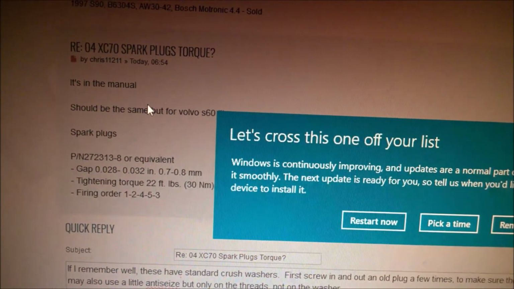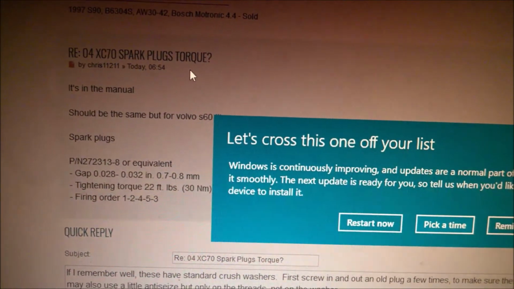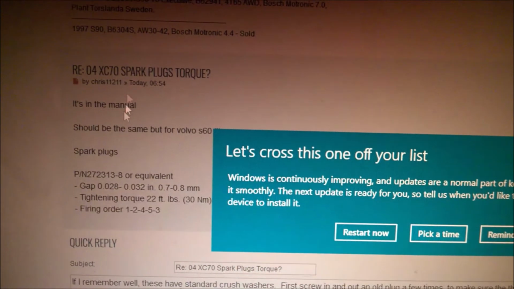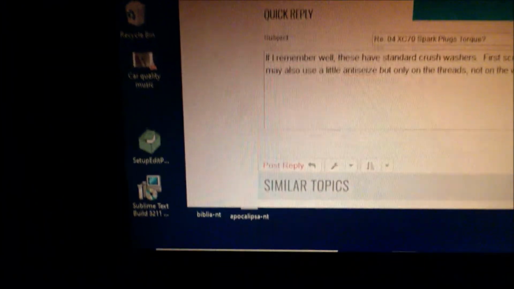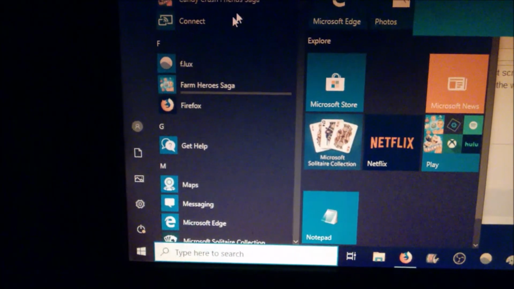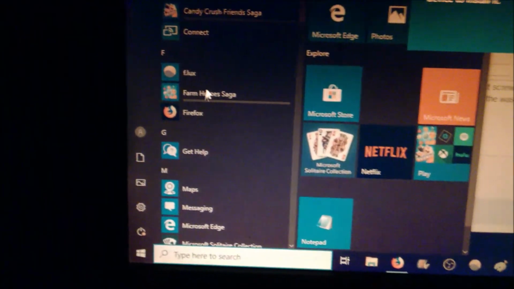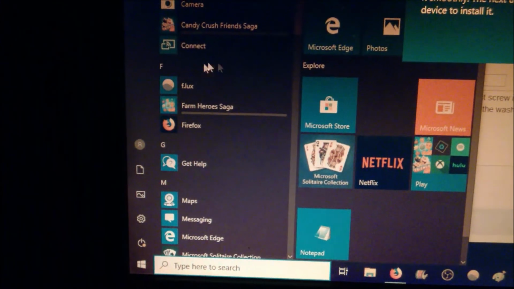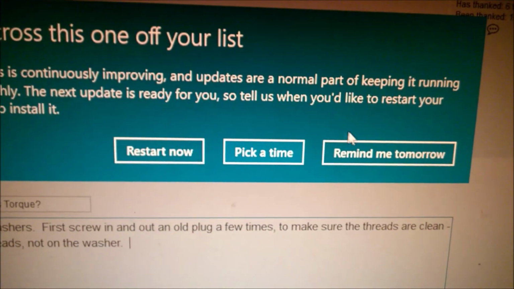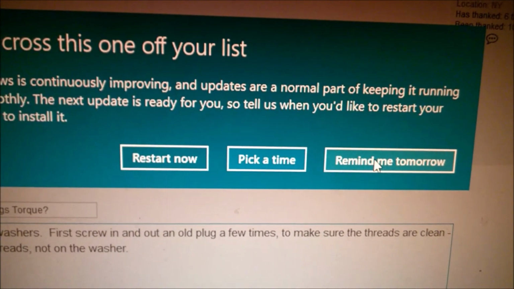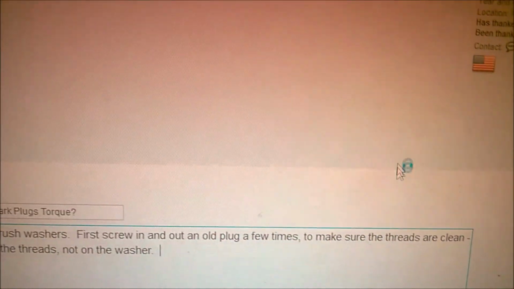But now the escape doesn't work, and I cannot use the computer. Basically, you need to press here somewhere. I'm not sure if you have the Windows key, I do. I am able to show this, but you see, nothing else is functional. So basically we are forced to press here, and I'm going to just say, remind me tomorrow. It's going to go away.